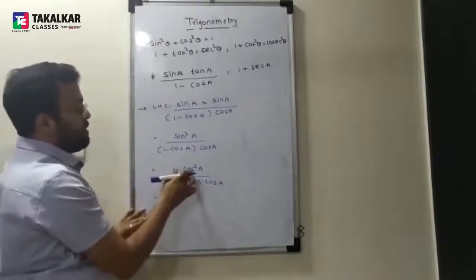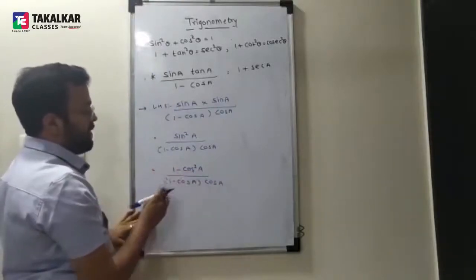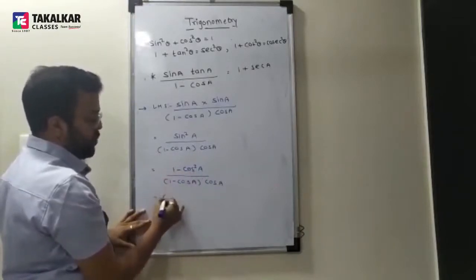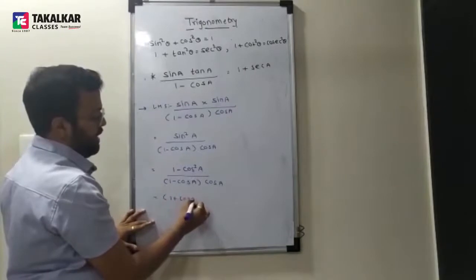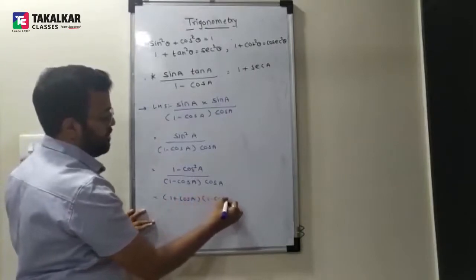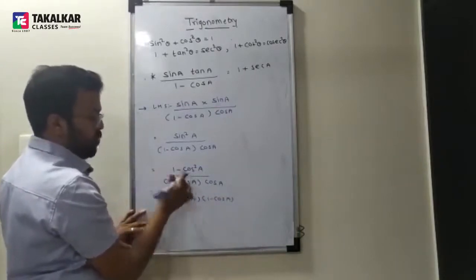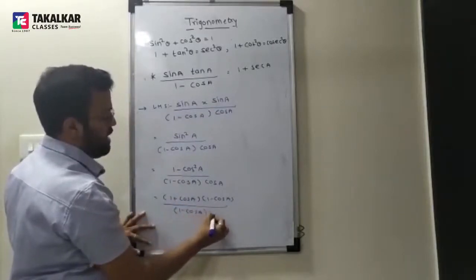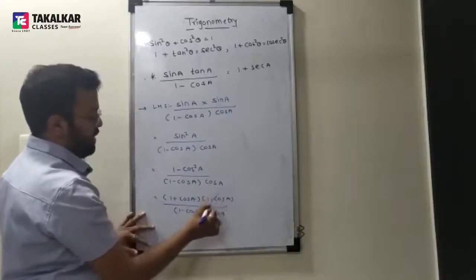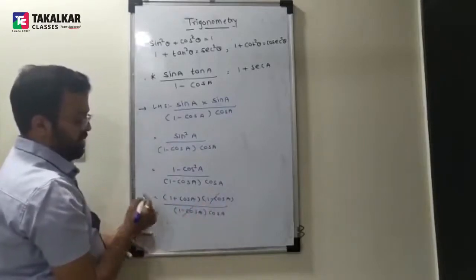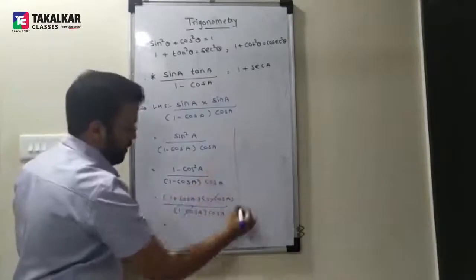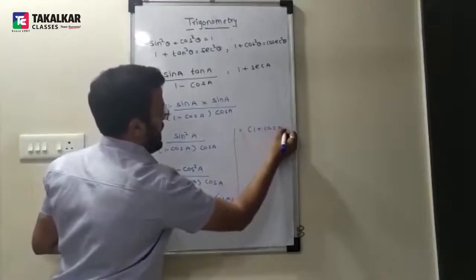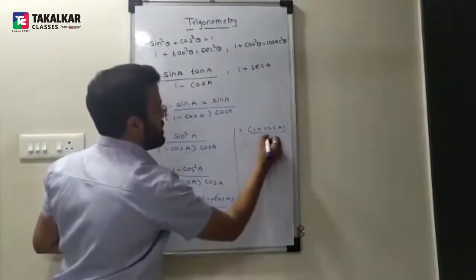Now what will be the value of 1 minus, sorry, this is in the form of A square minus B square. So what do you get? A plus B, A minus B. 1 coming as 1 square, upon 1 minus cos A and cos A. 1 minus cos A and 1 minus cos A cancel. So what remains? Look at this. What remains? 1 plus cos A upon cos A.